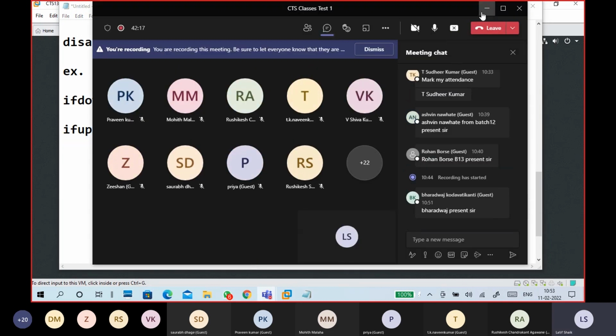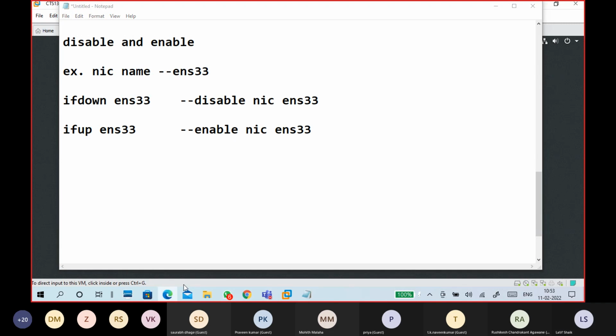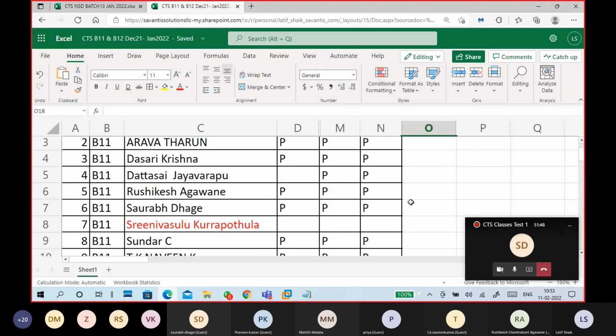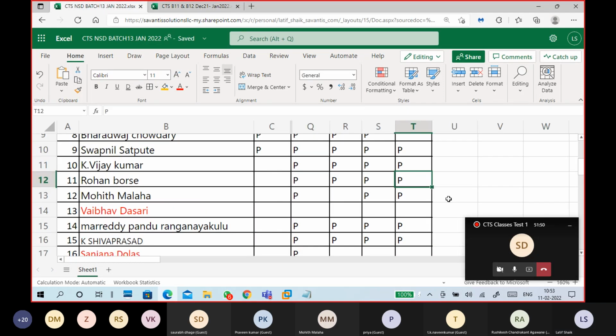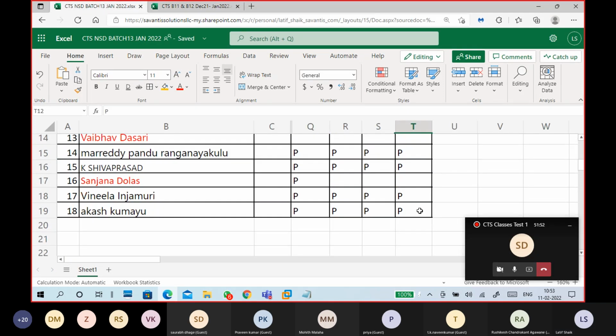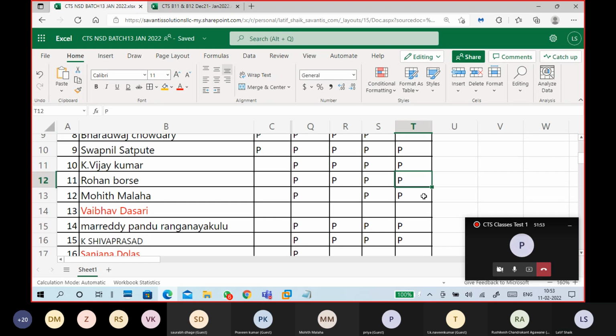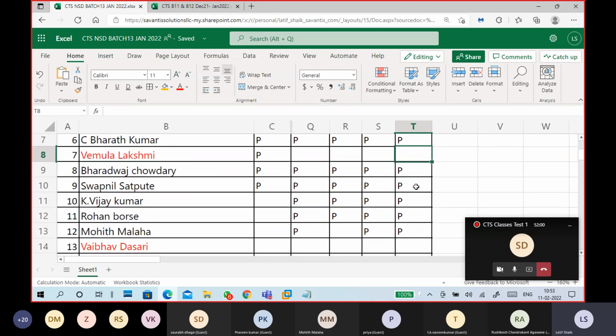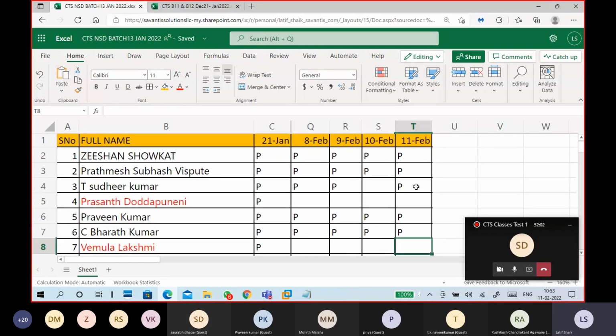But Bharadwaj present. Okay, Bharadwaj present. After this list, everybody came.